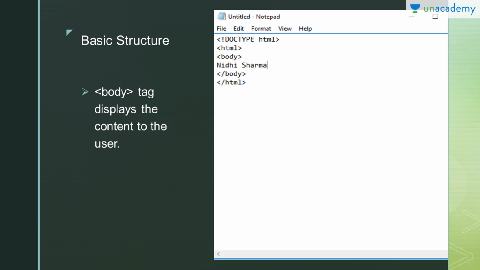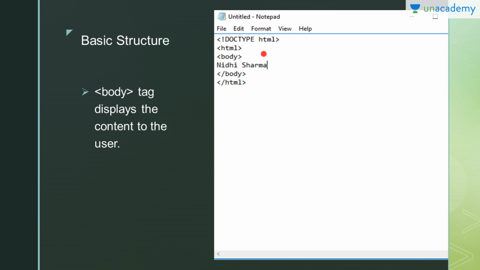So in this basic structure, you can see that in the first line, this doctype HTML, here I am mentioning that my document type is basically HTML, and I am using the HTML language here.